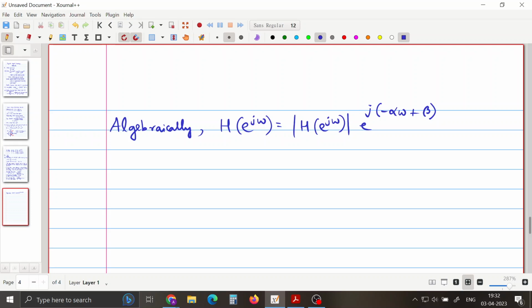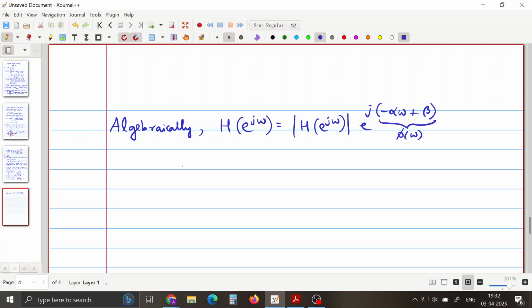Since we want the group delay to be positive, that's why we put a minus sign in the phase response. So this is actually our phi of omega, the phase. Okay,